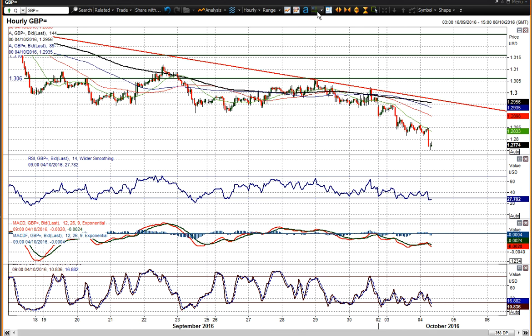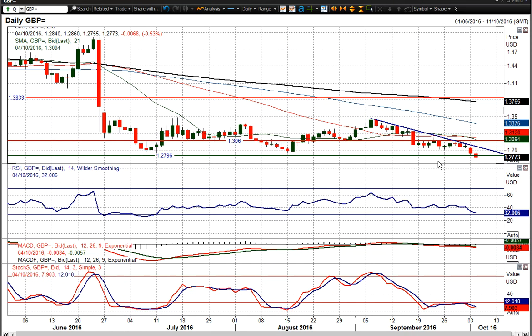So it does look as though you're going to get further downside on cable, and I'm still looking for this closing breakdown though, just to be sure, because the implications of this breakdown, you'd measure that 650 ticks, from 2,800 down to 2,150, is big. That's a big downside break, possibly, that we're going to see. That 650 pips projected down from 2,800 is, wow, sorry, $1.2150 area. So that is pretty sizable downside if we do see this confirmation of the